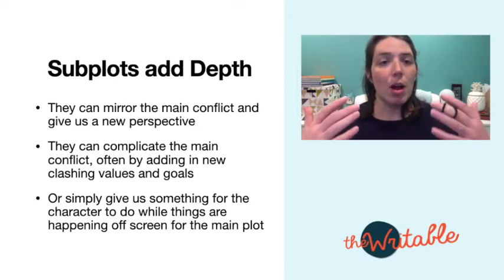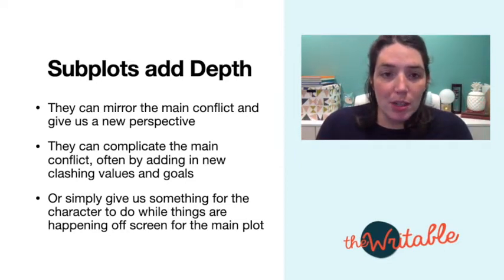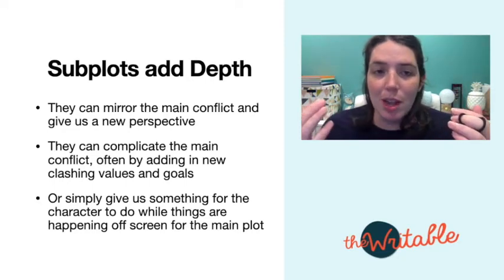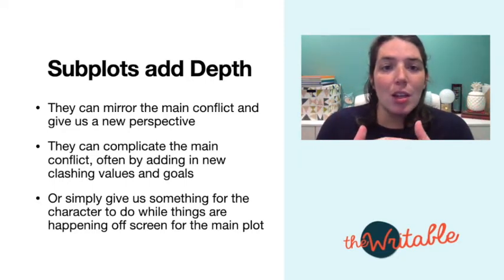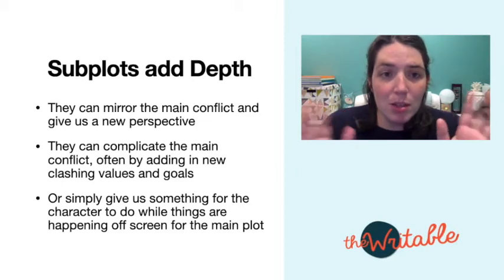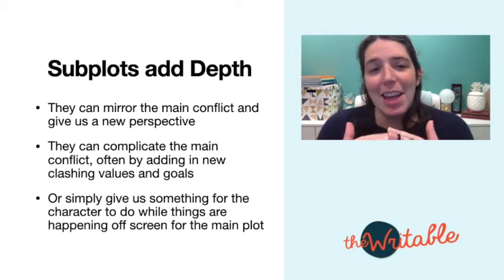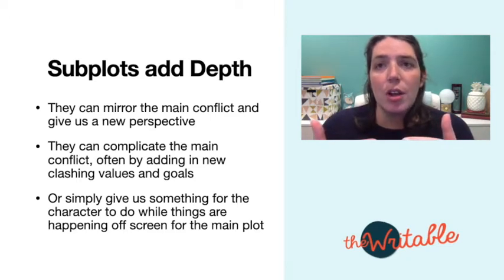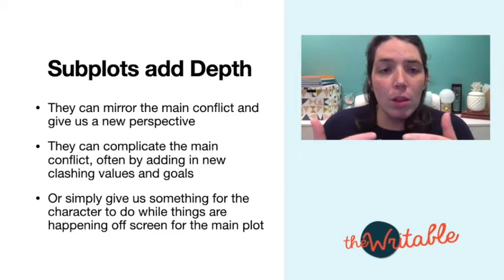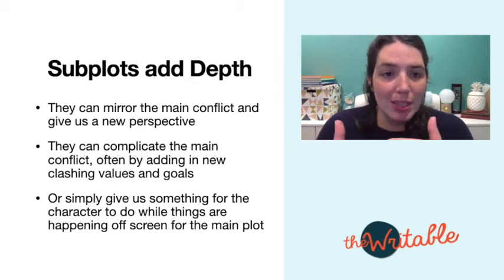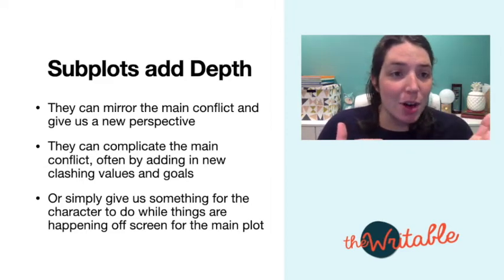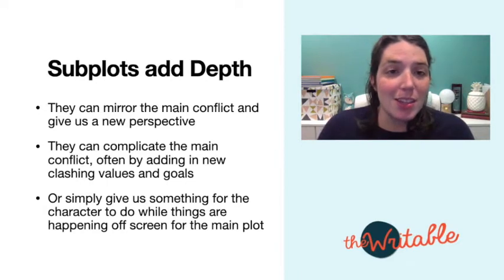When we have subplots, all of a sudden we've not only got the will he won't he save the world, but we've got his grandma is sick, his child is missing, he's got all of these other problems, and he needs to try to figure out how he's going to solve all of them or make the least bad choice and try to figure out, does he want to save his dying grandmother or does he want to find his child?